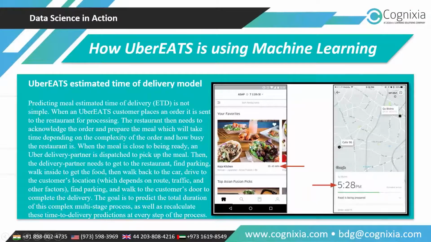So using this, you can put your orders for the food, and then as soon as you make the order, it gives you an estimated delivery time. So as you can see over there, as soon as you make the order, it gives you some estimated delivery time, like your food is going to be delivered to you in the next 35 to 45